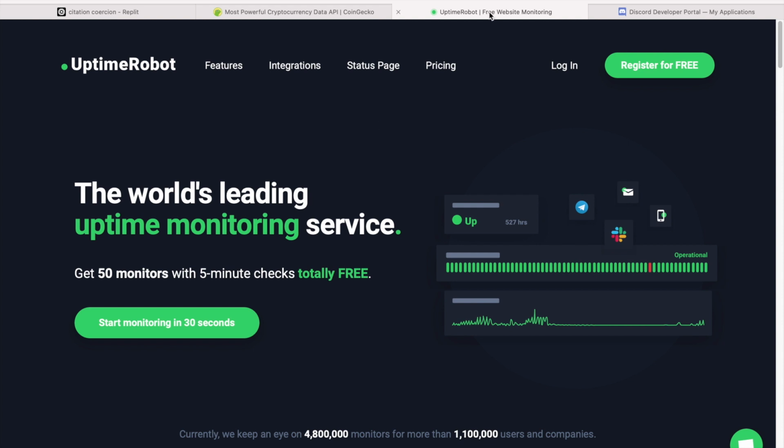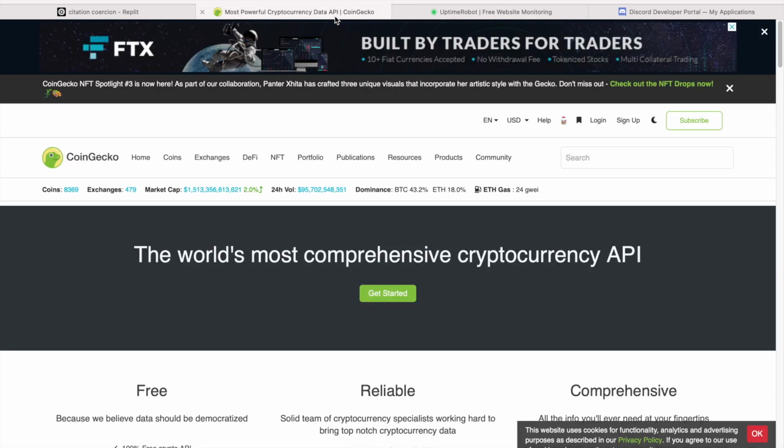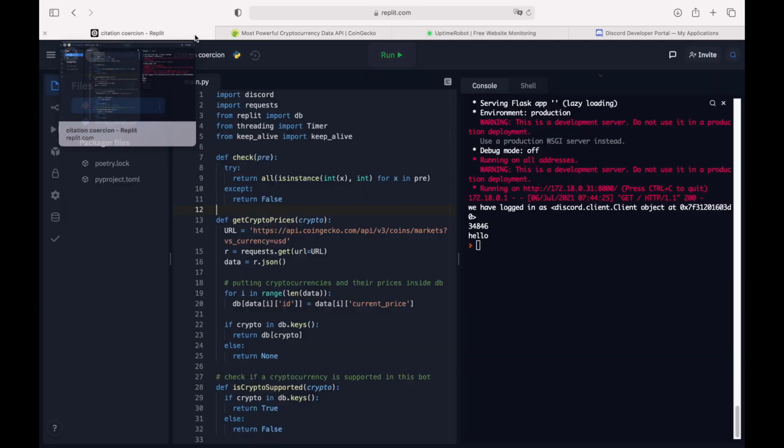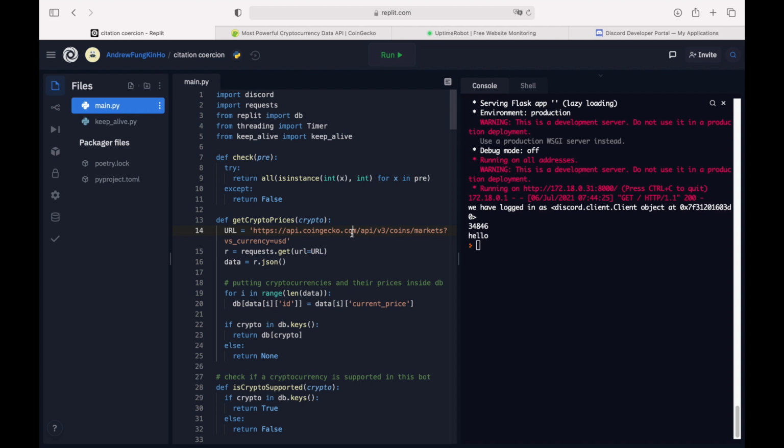And for getting the price data of the cryptocurrencies, I'll be using this free API service, CoinGecko, which I used in the last video of animating HTML ranking tables with the real-time crypto prices changes video. If you haven't watched that video, please go ahead and click the info box now. And let's now go ahead and show you how this bot will work.